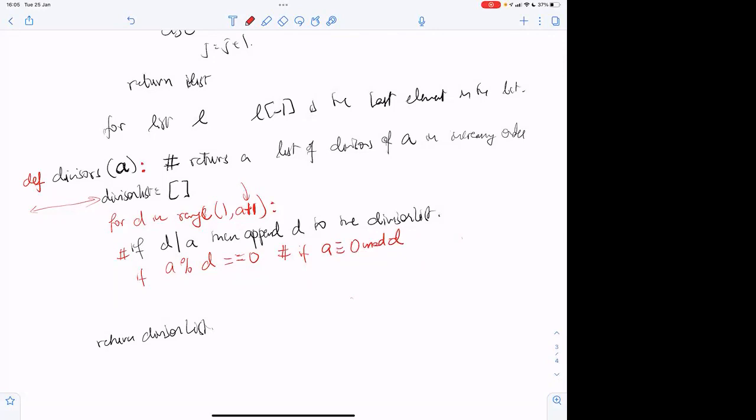Then I don't write an explicit then, I write a colon, then append D to the divisor list. So divisor list dot append D, correct?